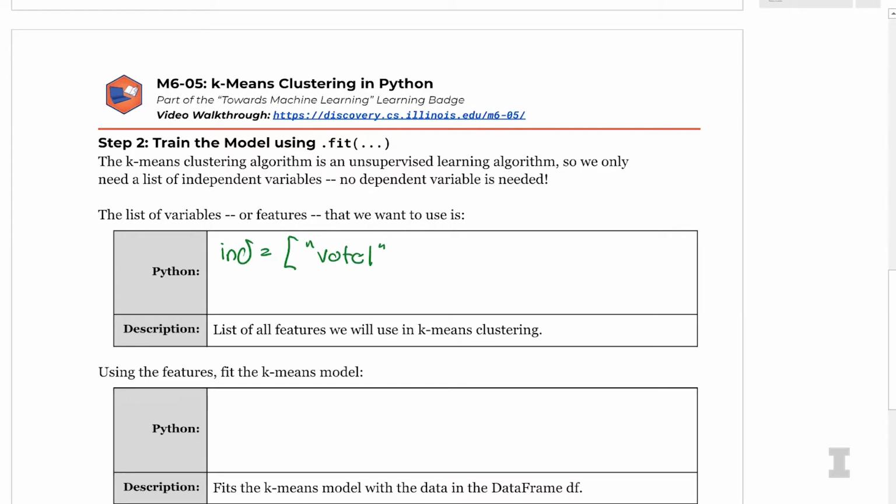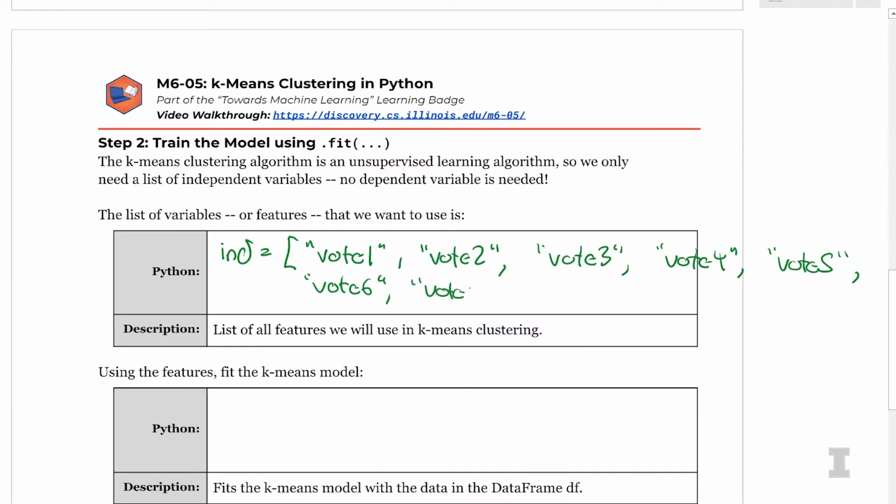Then I'm going to use all 15 votes: vote1, vote2, vote3, vote4, vote5, vote6. There are a few easier ways of doing this, but since there are only 15 of them, I'm going to go through all 15 by hand, because we know we'll get them all in there and we only have to do this once.